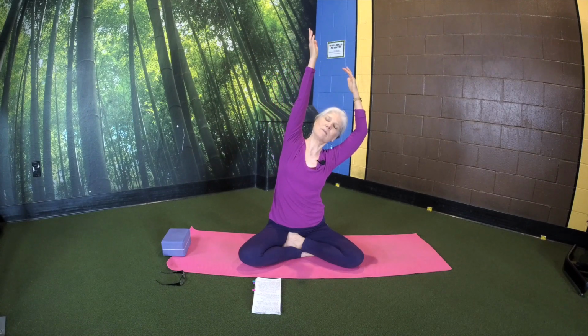When your arms come up this time, leave them up, and as you inhale, stretch up tall through one arm. Exhale, level the hands. Inhale, reaching up through the other arm. Exhaling, leveling the hands. Actually bring the hands down to your head so you can relax your shoulders away from the ears. So as you breathe deeply here, continue to deepen and free your breath